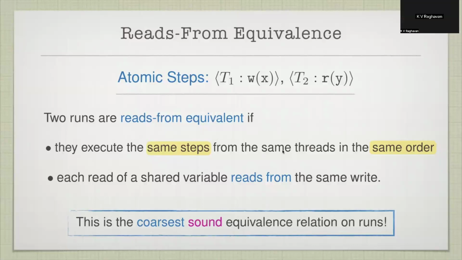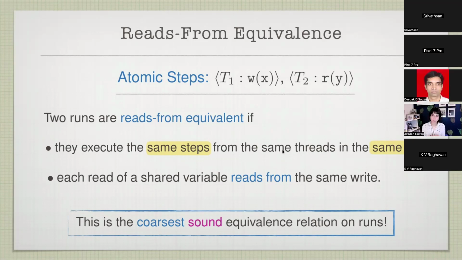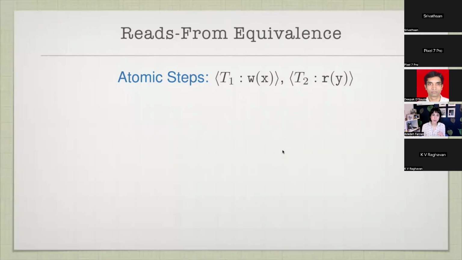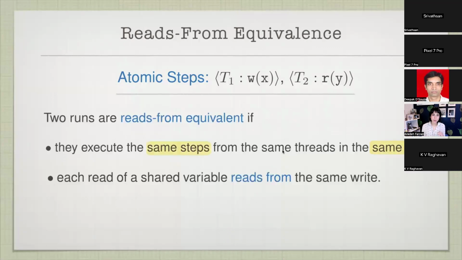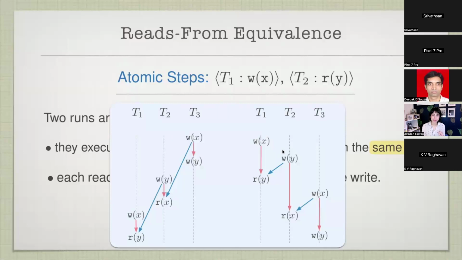Can I ask a question? Yes, please. In the previous slide, are the two initial writes to X assumed to write the same value? Because they moved from one thread to the other. Yeah. You mean the example that I showed, this one? Yes, yes, sir. So are the two writes of X assumed to write the same value because they're in different threads?